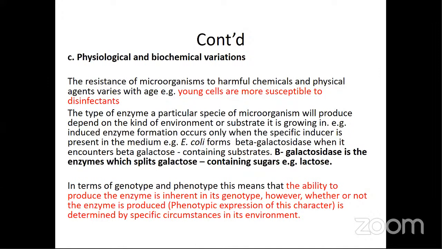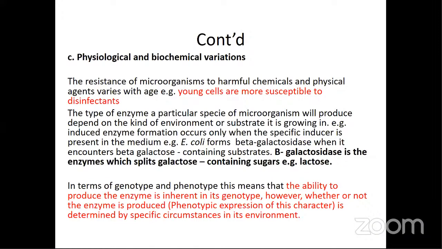substrates. For example, if you grow E. coli in an environment or in substrate that has beta-galactose, then the beta-galactose taken in by the E. coli will force the E. coli to produce enzyme that will be able to enable it to digest the beta-galactose. Hence, it will produce the enzyme beta-galactosidase, because that is the enzyme that will split or break down the galactose. Otherwise, the organism will die of hunger.